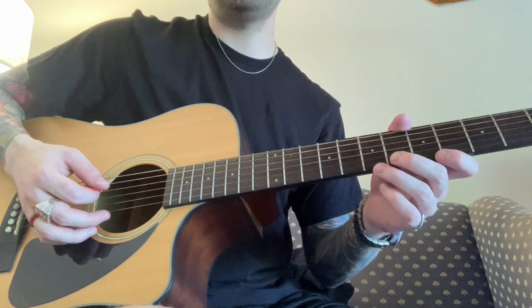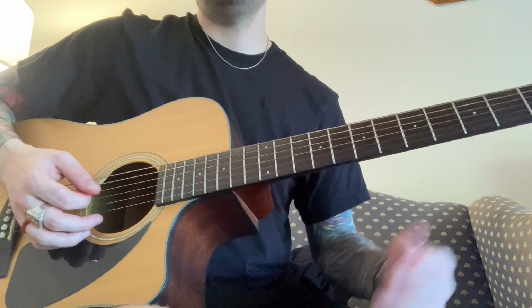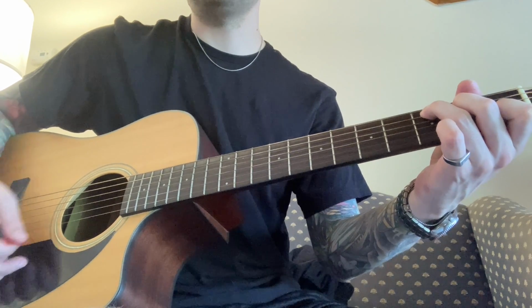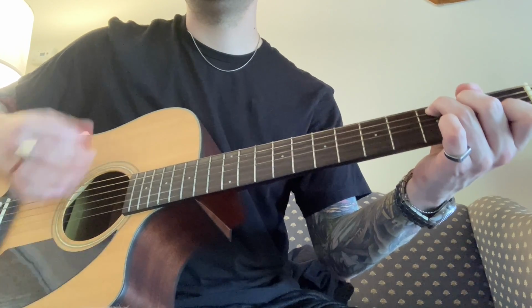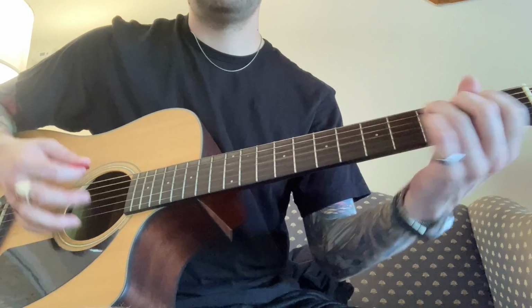And then that's gonna repeat. Honestly, that's a good chunk of the song. Eventually it's gonna go into just a straight up C major shape open chord, and that strumming pattern is gonna be like this, and then